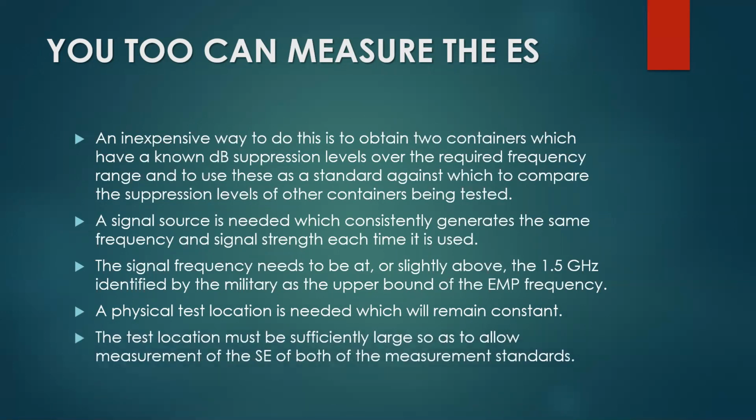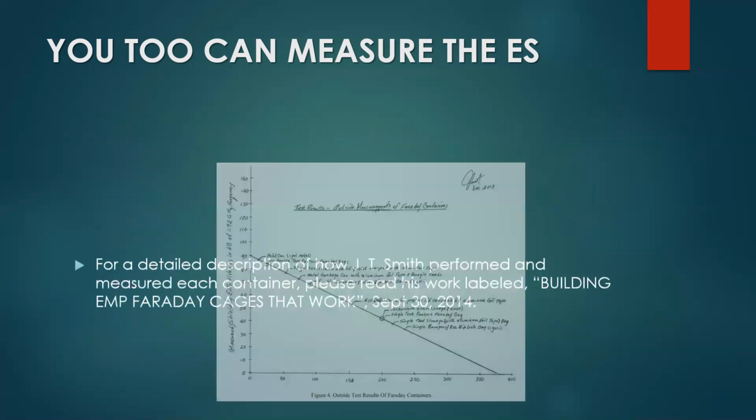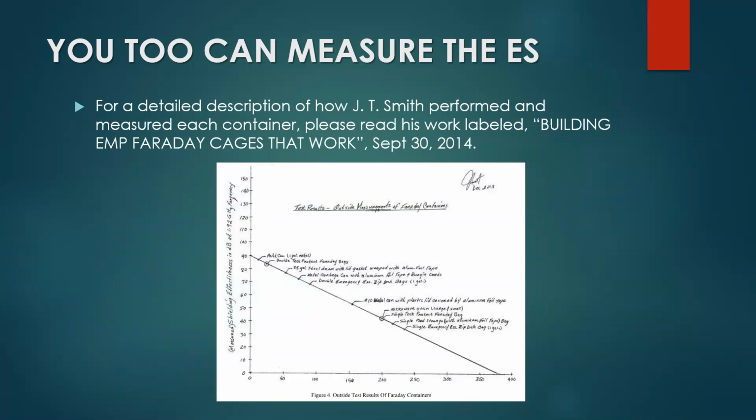And it must be sufficiently large enough to do both, your source and your comparison. I'm not going to go into how to do that, but he actually goes into how to build your own measurement device. For me, I'm just going to go with what he has done, because